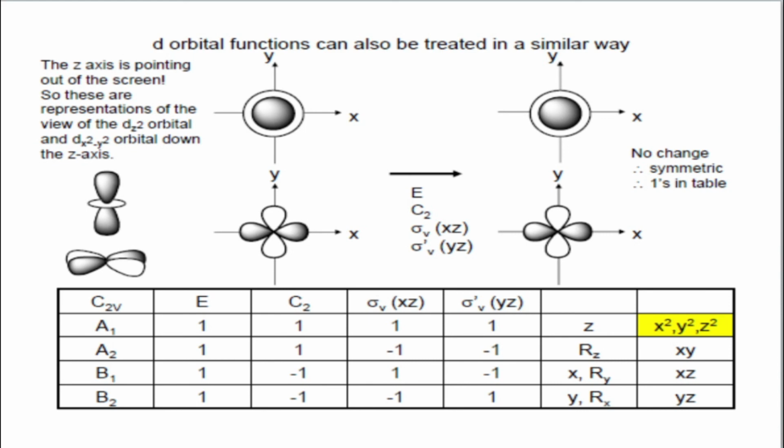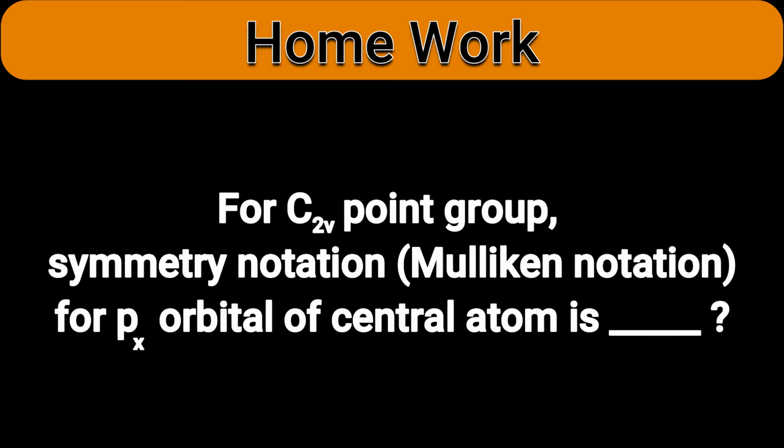So I hope the concept of rotatory and translatory functions and their representation in the character table is clear. We represent them in region number 5 and region number 6. In region number 5, linear and rotatory functions, and in region number 6, quadratic symmetry functions we represent. Here we have covered the representation of linear and rotatory functions. Mulliken's notations for various representations are the symmetry labels for those symmetry functions.